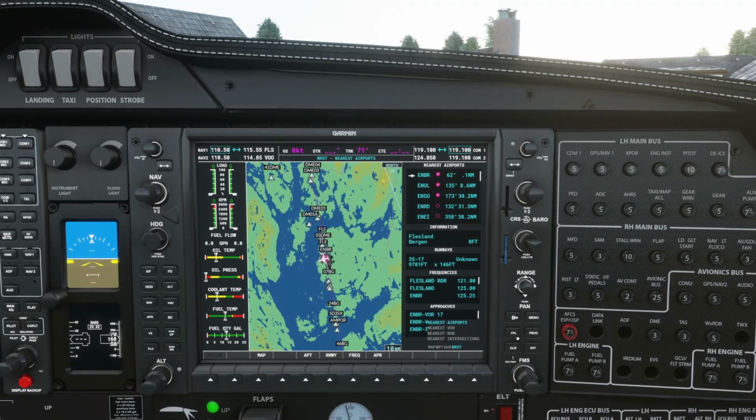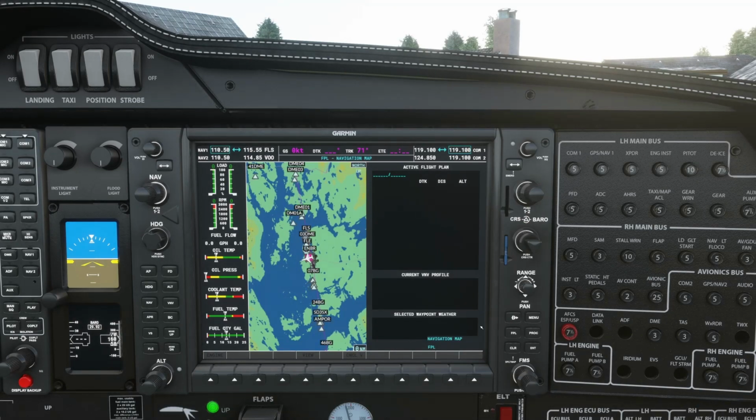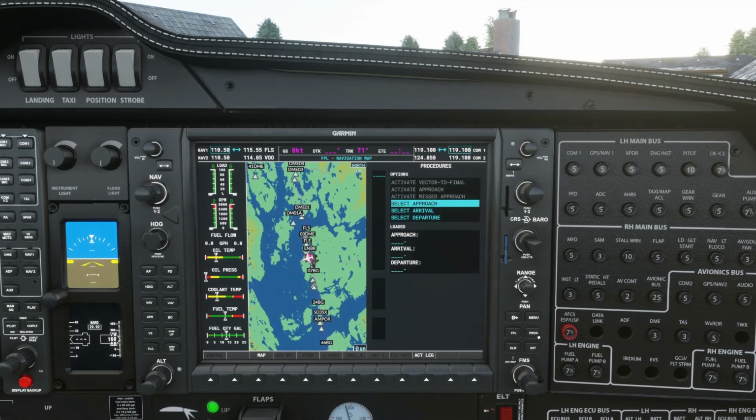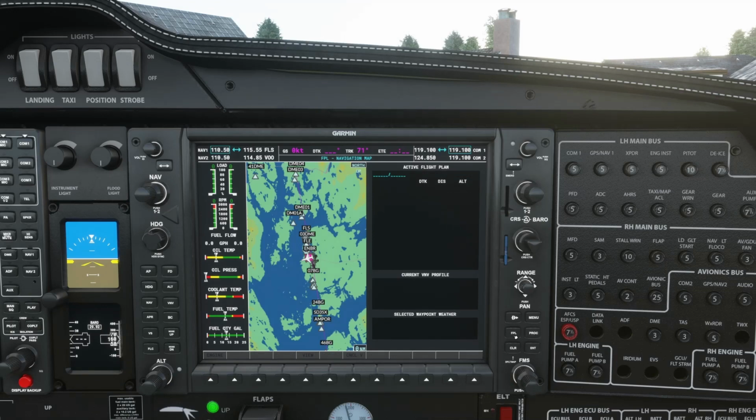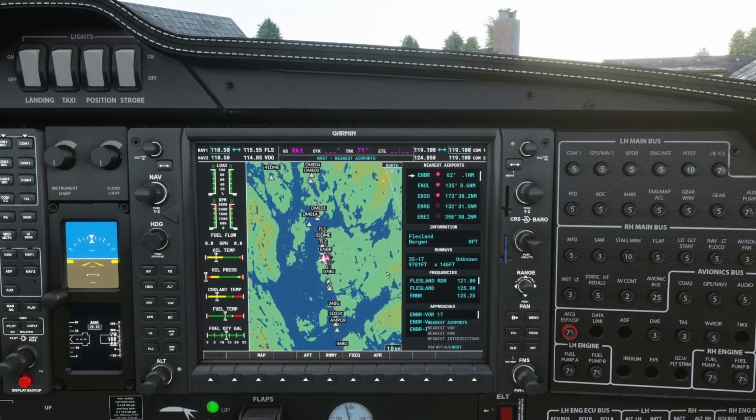If you now click on something else, it's putting another layer on top. So to get back to the map, you have to get rid of the layers that you've put on. You'd have to take off the last one that you clicked. Take off the procedure, then take off the flight plan, and now you're back to the base level. That's the easiest way I can explain that, because when you start to get all the windows up, it can be a bit confusing as to how to get back to the map. But that's the principle anyway.